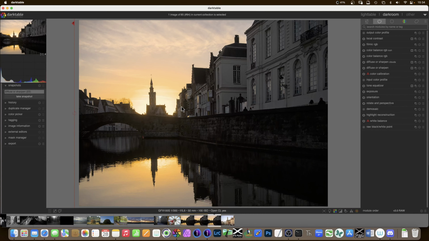Now I've come back to Darktable just so we can have an analysis of the photo with the channels that are clipped. I made a snapshot of this. You can see that in the bright sunlight we have the red channel that's clipped and we have the blue. I suspect usually the clipping goes red first, then green, and lastly blue. Don't quote me on this. I suspect that green and blue have clipped in this very defined shape, just where the sun was setting